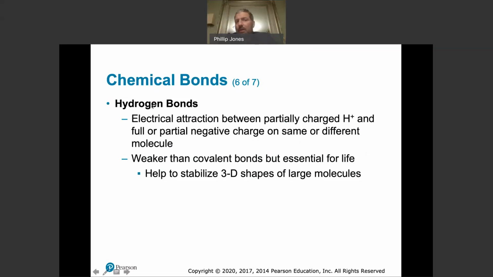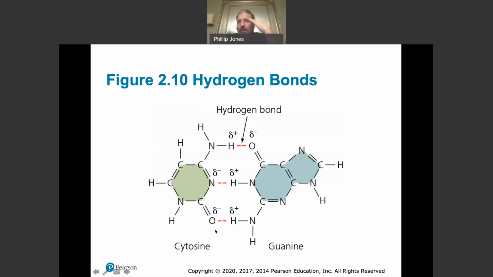So theoretically, we could get two hydrogens to come together. They'll do it, H2. Weaker than covalent bonds, but essential for life. Helps to stabilize 3D shapes of larger molecules. So hydrogen bonds, literally, they help stabilize the 3D structure of a tertiary protein or things. But remember I said, hydrogen bonds, they tend to give up their electrons easily. So they form easy and they unform relatively easy. Right. So there's some hydrogen bonds, just kind of showing you some structure,